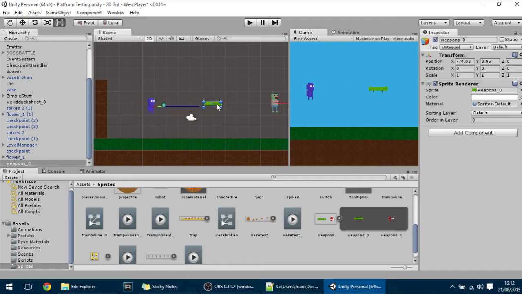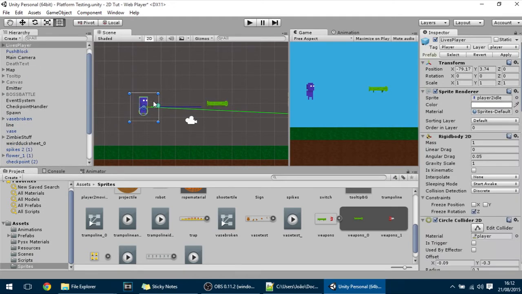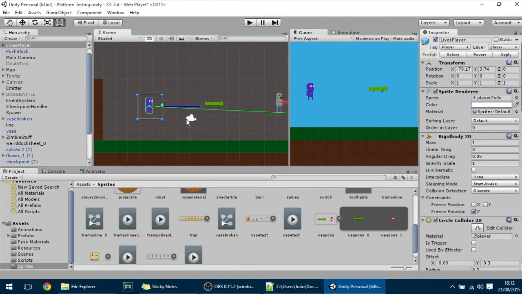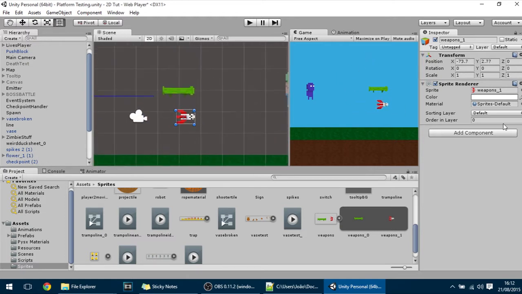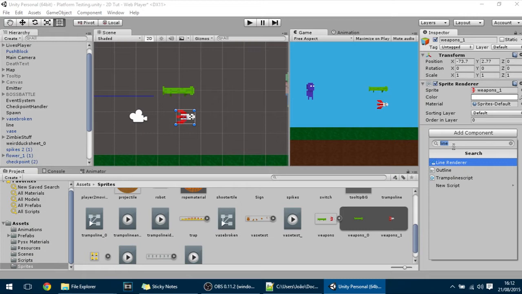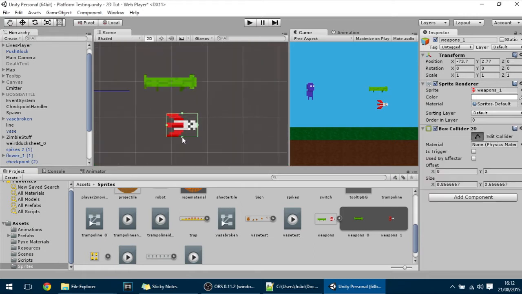Anyways, in this tutorial we're going to make two weapons that will work differently, and both can be attached to the player, and the player will use them to shoot something. So the first thing that we're going to do is to just make this projectile be something. And to make this a projectile we have to add just a box collider to it. Let's make it a bit smaller,